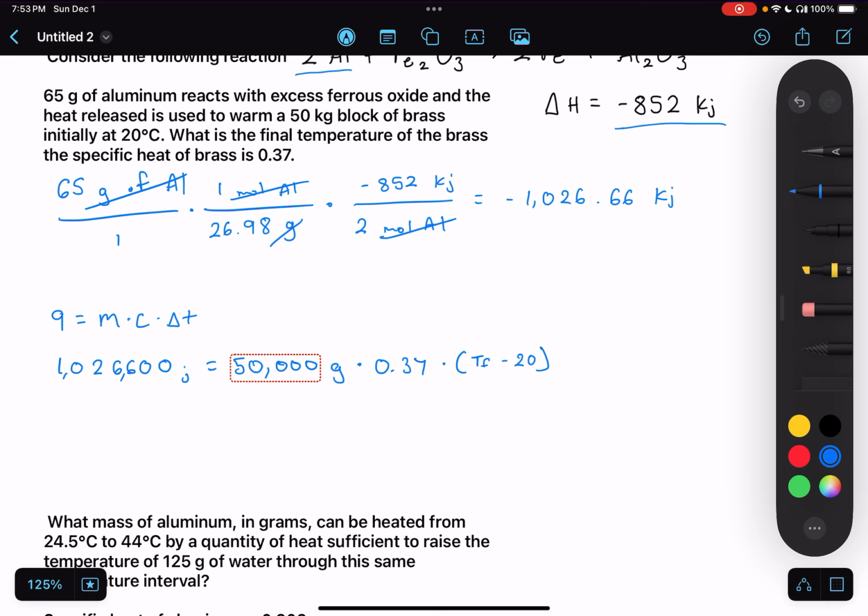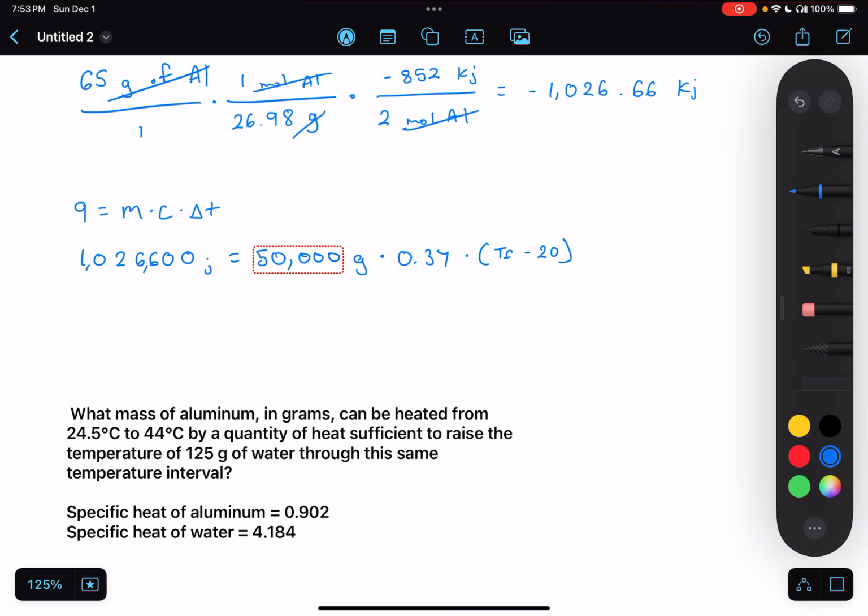Okay, perfect. And then we do that answer divided by 0.37. Okay, and after that we got 55.495